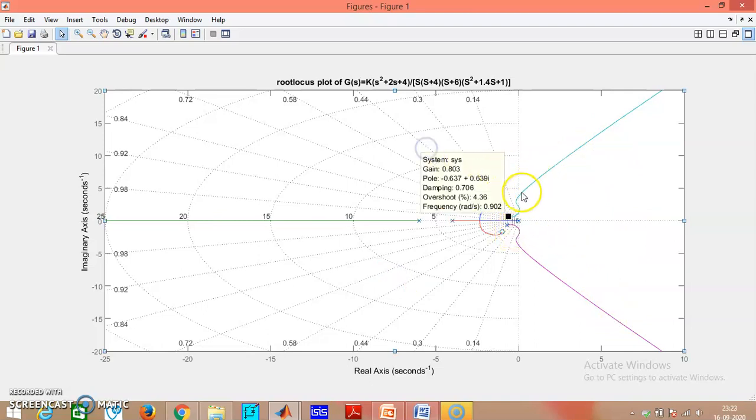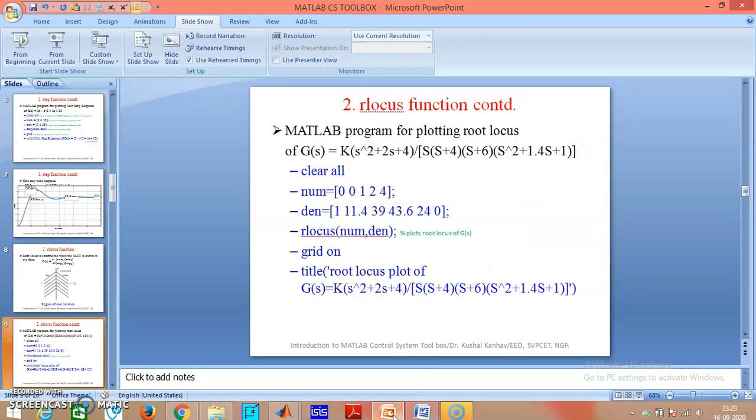So you can shift it here. If I want to know for a particular zero, I can get it from that. So this is all about the execution of root locus using the MATLAB program. So we will go back to our presentation again.